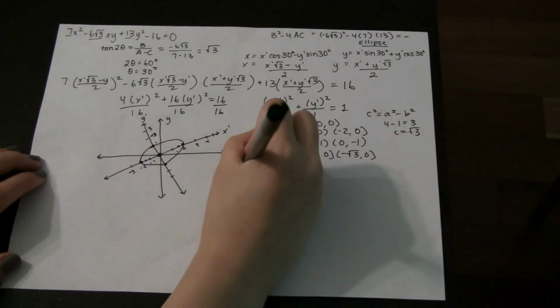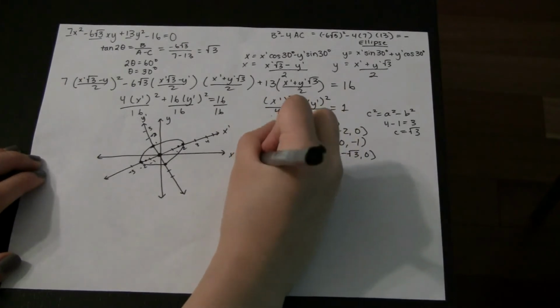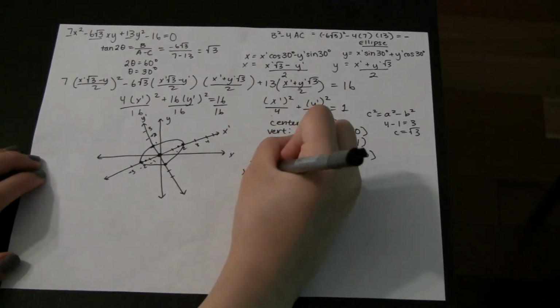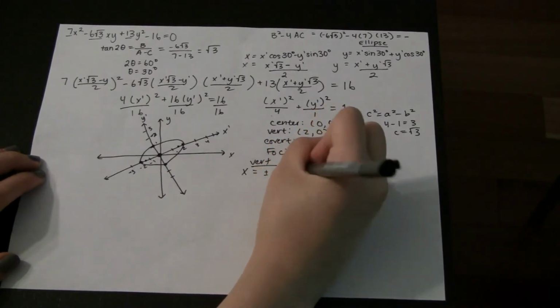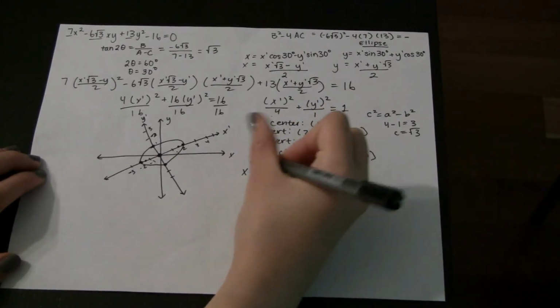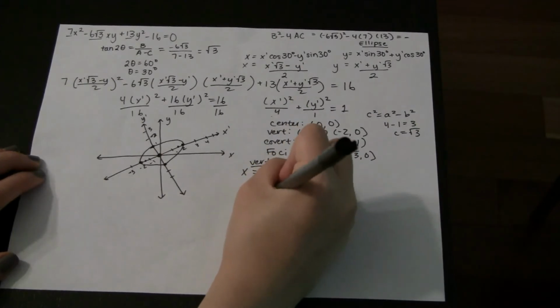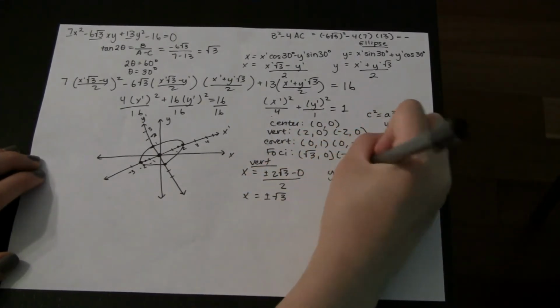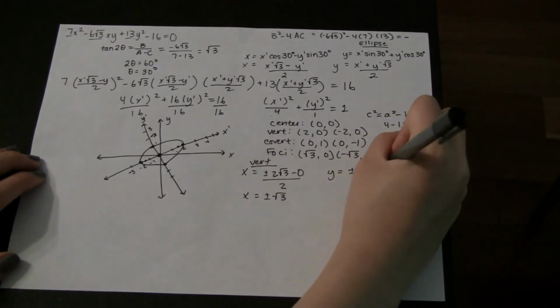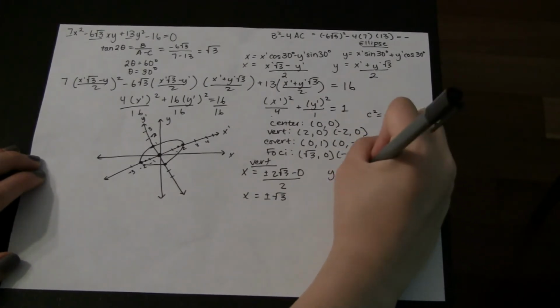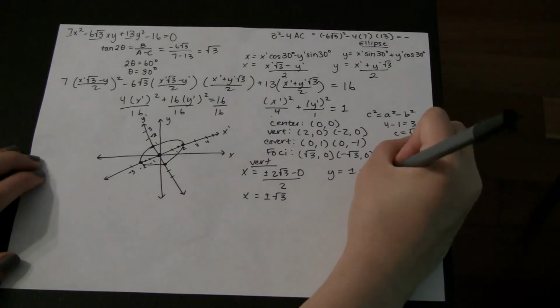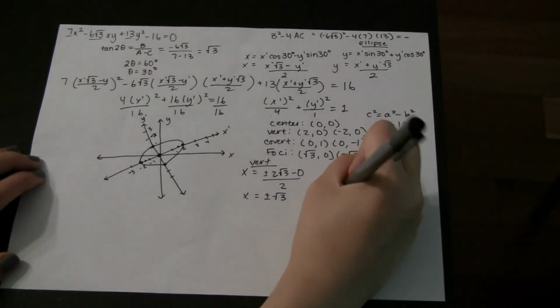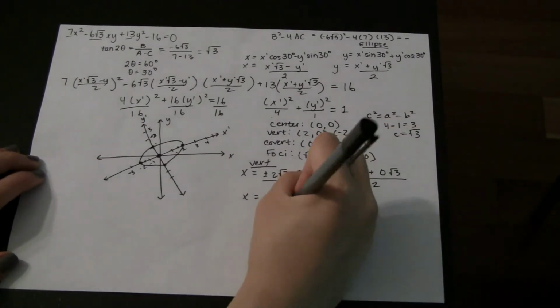So x would be equal, or this is our vertices. So x is equal to plus or minus 2 square root 3 minus 0 over 2. So x would equal plus or minus square root 3. Y is equal to plus or minus 2 plus 0 square root 3 over 2. So y is equal to plus or minus 1. So this is our actual coordinates for our vertices,